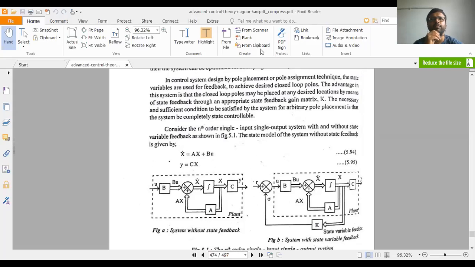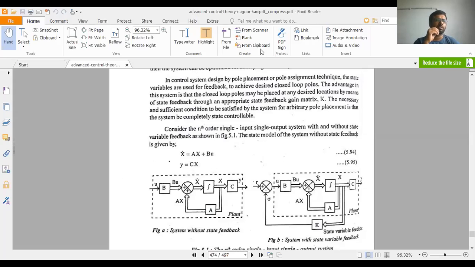That means state variables means the matrices A, B, C, and D. What are the state equations we are having? X dot is equal to A into X of t plus B into U of t, and Y of t is equal to C into X of t plus D into U of t. These are the state equations we are having. So what are the state variables? The state variables are nothing but the matrices A, B, C, and D.